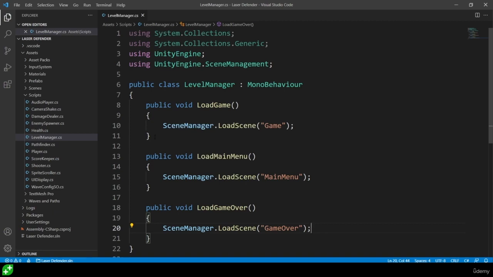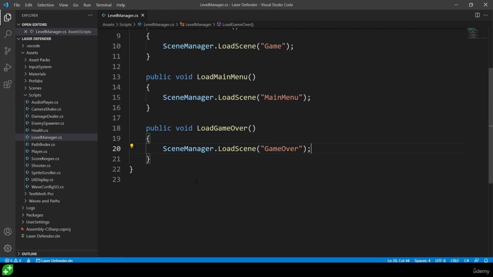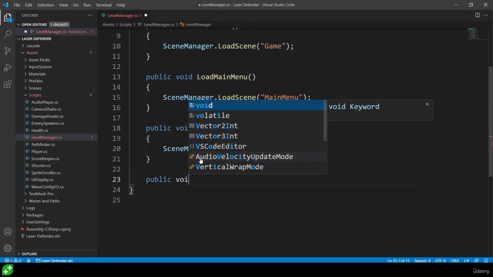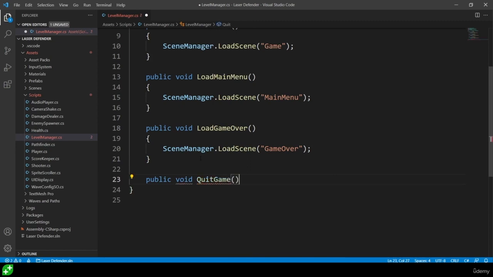But before we finish up our level manager script, there's one more thing we need to do in here. Remember that on our main menu, we also have a quit button. So let's add that functionality into this script as well. For this, we can have another public void method called QuitGame. And to quit out of a Unity game, we need to say